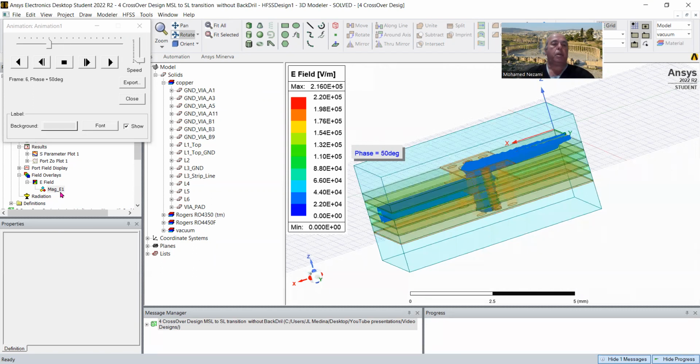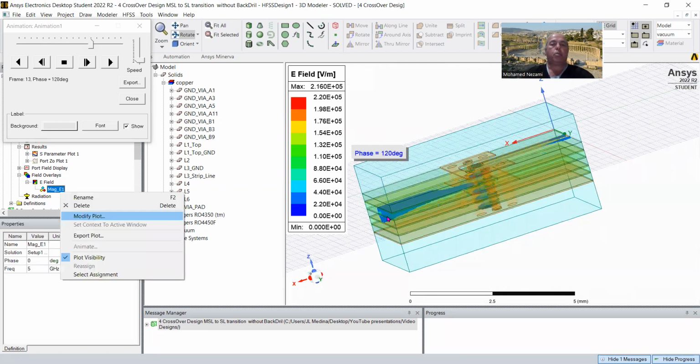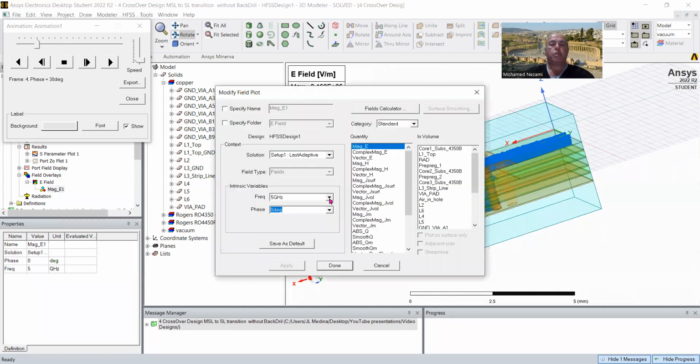Now again, if we go to 24.5, which is where the open stub